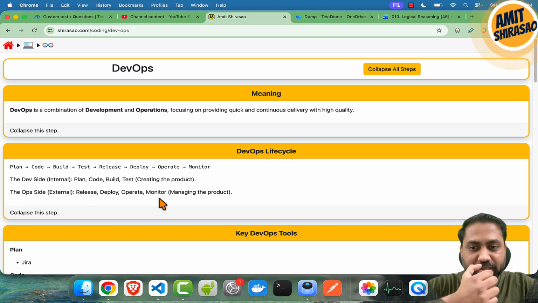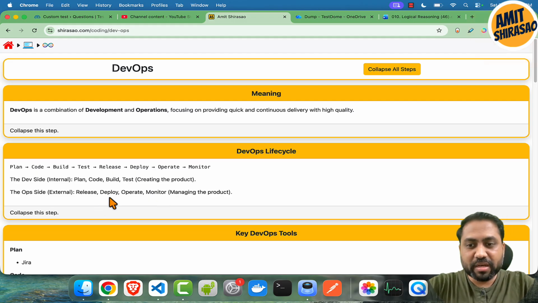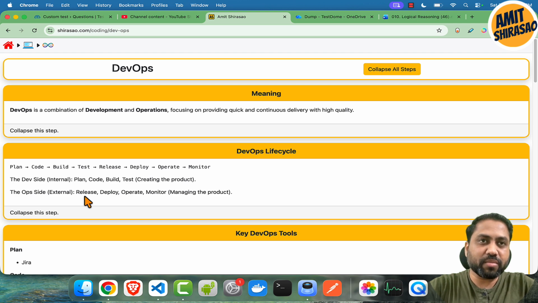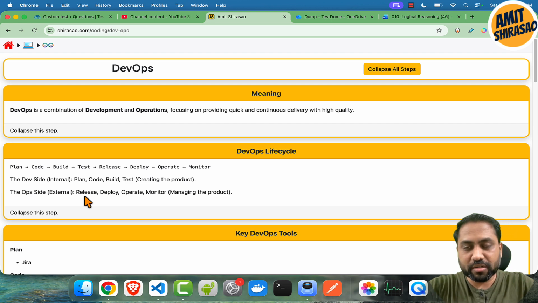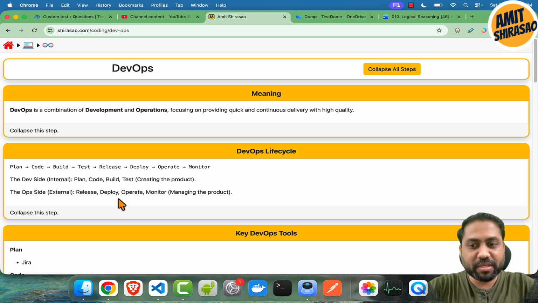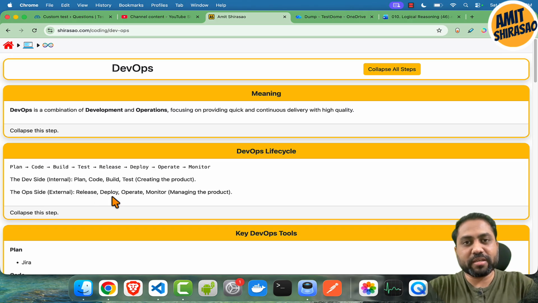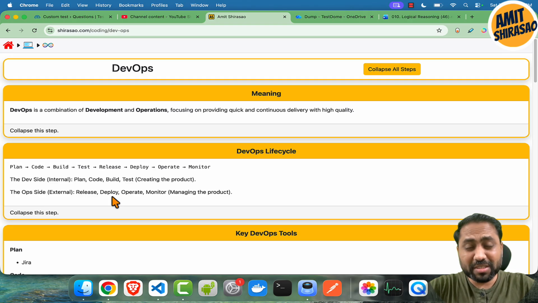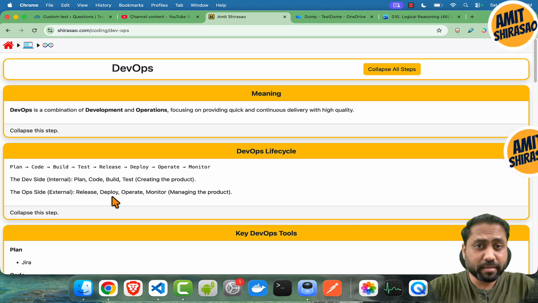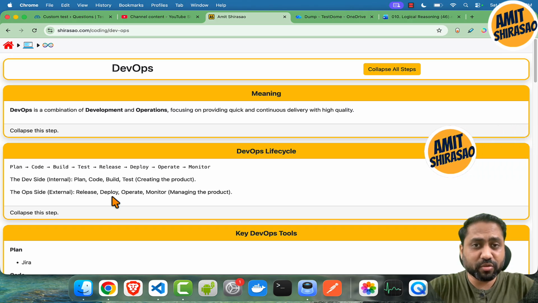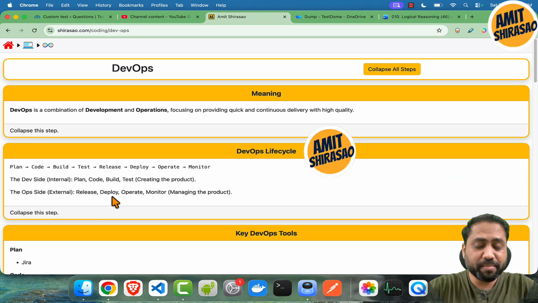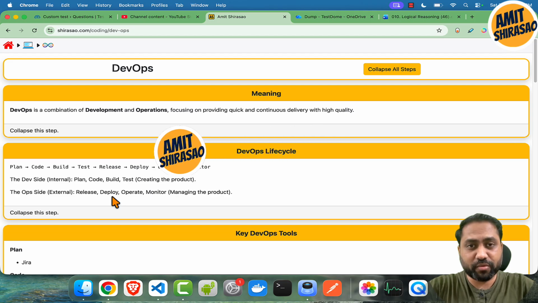Now, a common question that many people have is, what is the difference between release and deploy? Release means it's a management decision that a certain feature is going to be released to the customer, and then deploy means actually deploying it in the production environment. So both these things always go hand in hand. There was no reason, to be honest, to separate them, but if you're asked what is the difference, then this